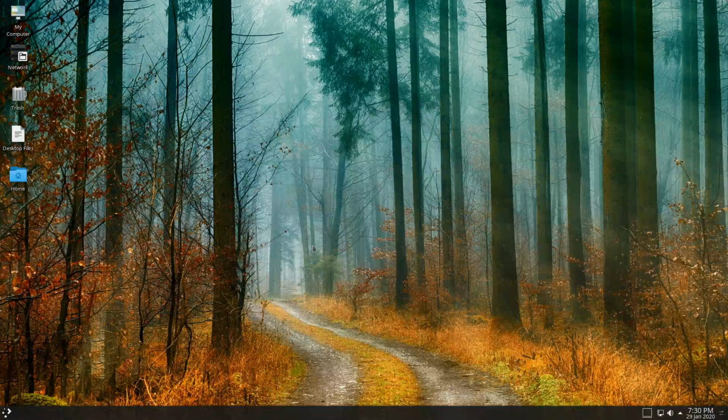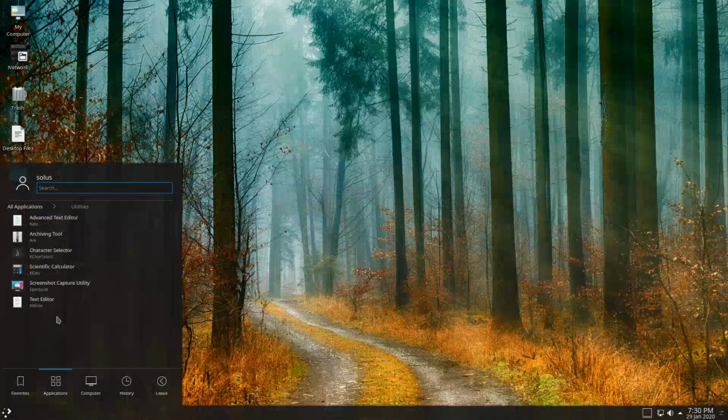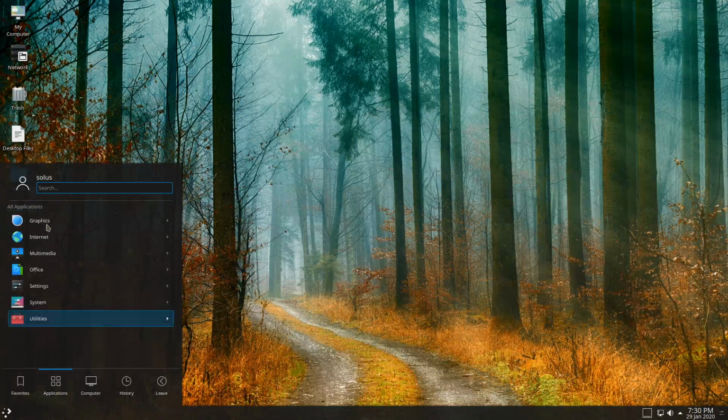I did see a comment here that KDE Neon might be on Debian now. I'm not completely sure if that's true. I'll just go ahead and throw that out there that somebody did leave that in the comments in between the two screens. I've not seen that, but I also haven't looked for it later either.